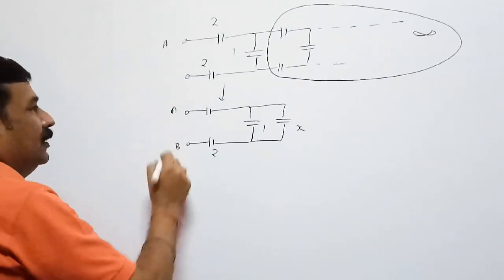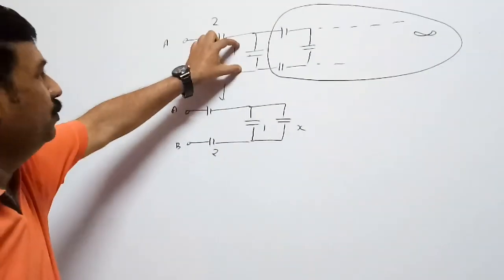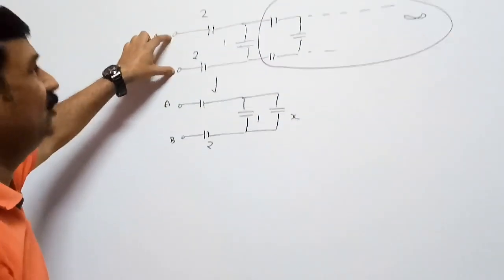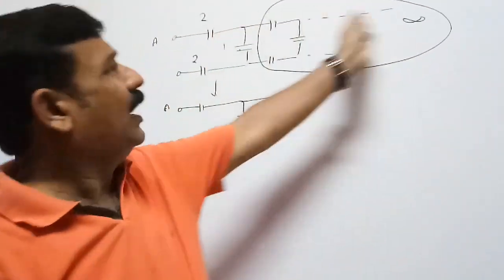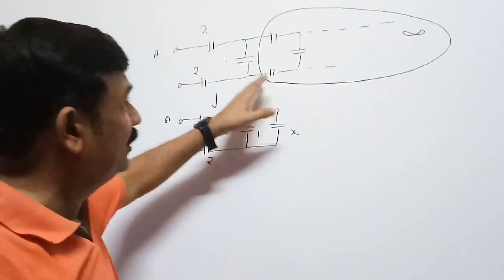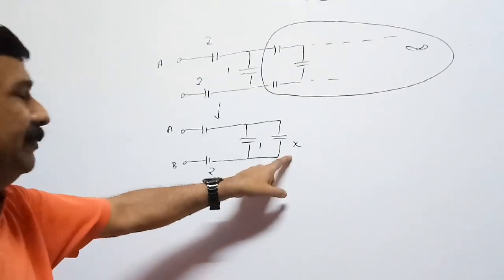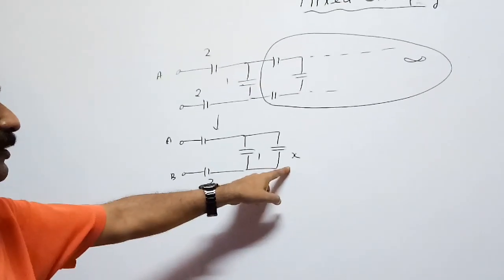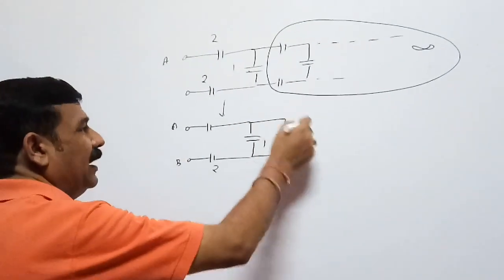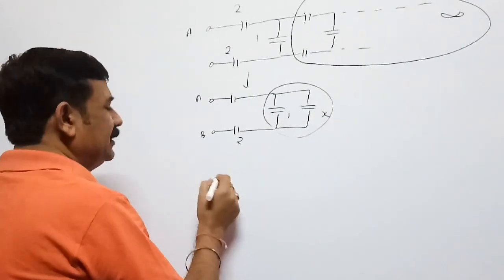Except that group with respect to which the net capacity of two points is to be calculated, we remove all the parts, and let me assume that the capacitor which is replacing it has capacity X. So we have connected a capacitor of capacity X here. Now these two are in parallel, so the net will be 1 plus X.